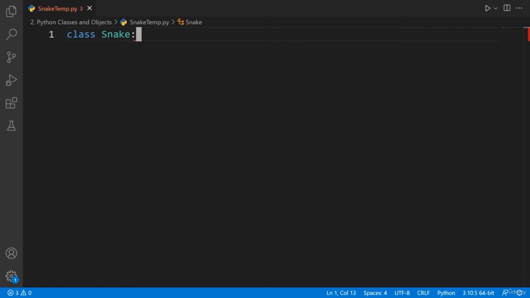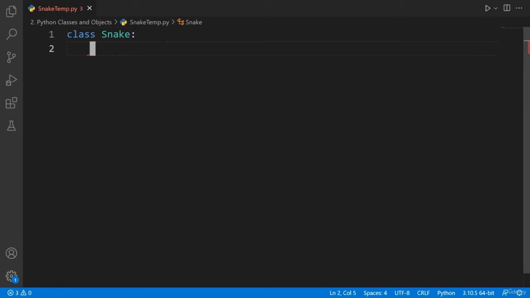You can use it to define any class, and after that try to use a descriptive name or a meaningful name that describes what is inside that class. The class name in this example here is Snake, and follow the rules for naming variables to name any class. Try to start the class name with an uppercase letter, as in S for Snake in this example here. We start the class name using an uppercase letter by convention, and to mark the end of the class header use a colon,